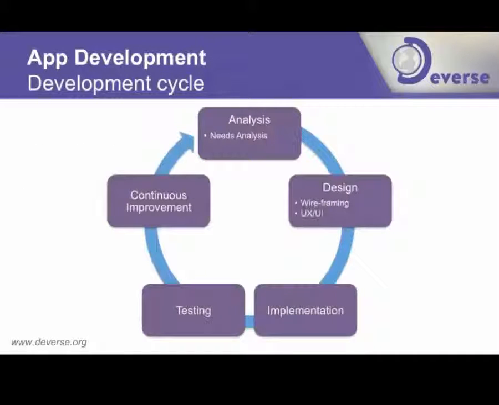This is a brief overview of the entire mobile app development cycle. There are 5 main steps. It starts off at the top with analysis, where the nonprofits and the developers are trying to figure out the needs and features that will be included in the app. Basically, you're trying to figure out the actual functions that you're going to want to see, and we also want to prioritize that list